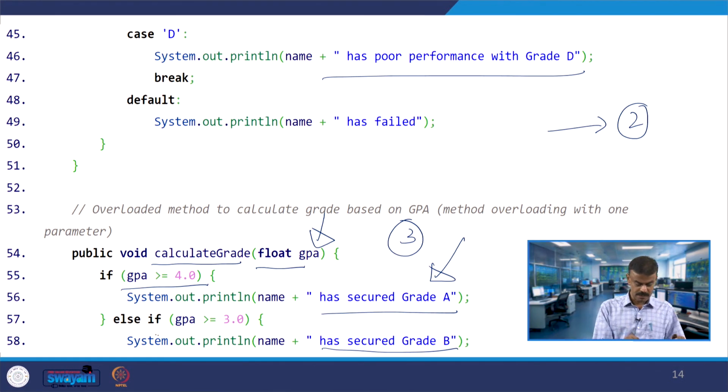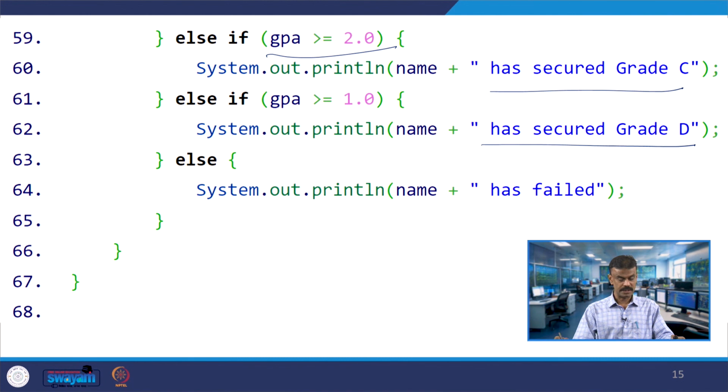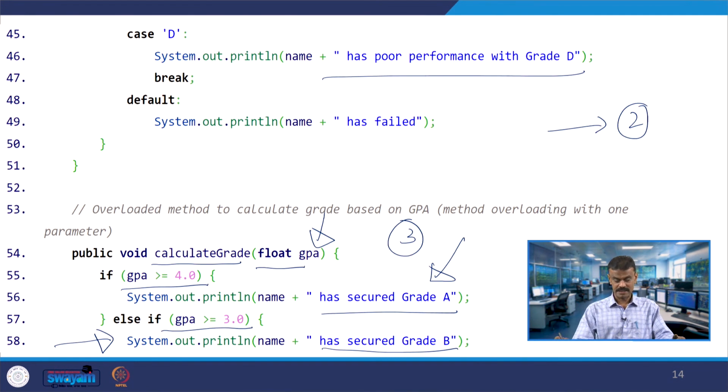So, it comes here. 3.7 is greater than or equal to 3.0, which is true. So, it goes over here, and System.out.println prints has secured grade B. It will not go to else, this else also will not be executed. So, Ravi Ashwin has secured grade B will be printed.